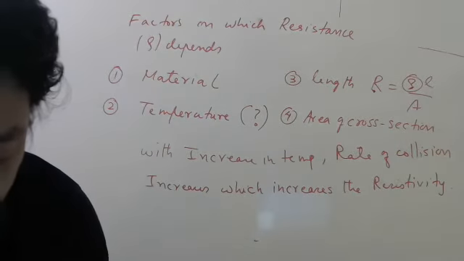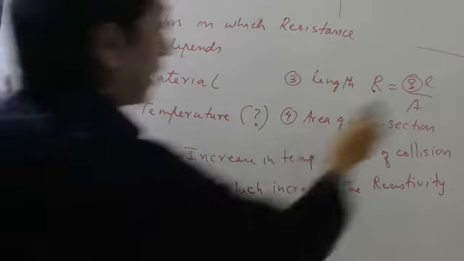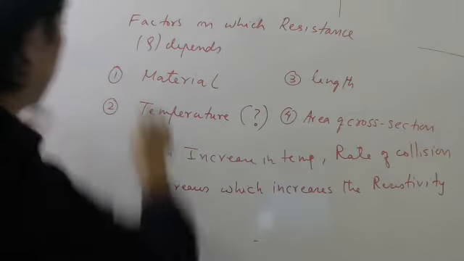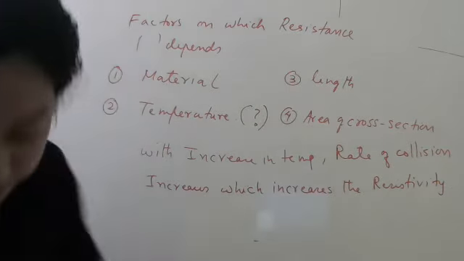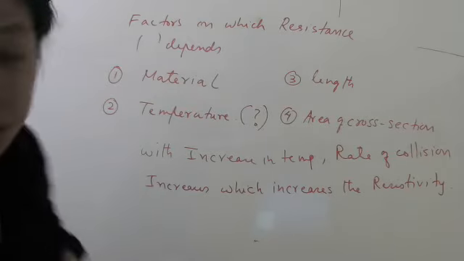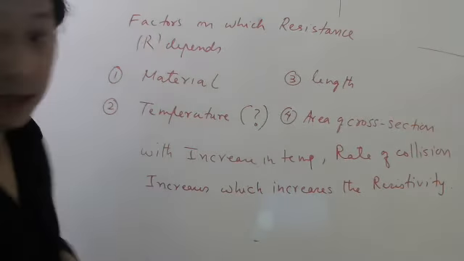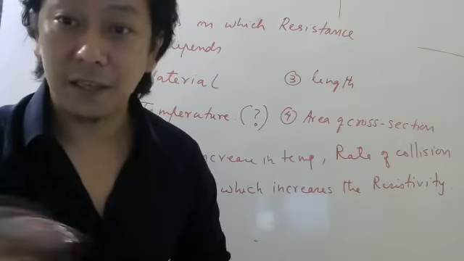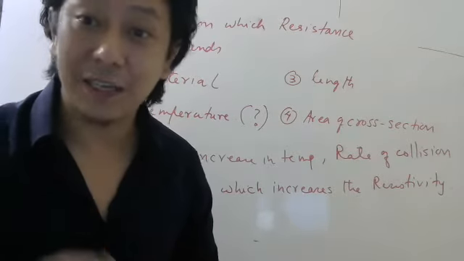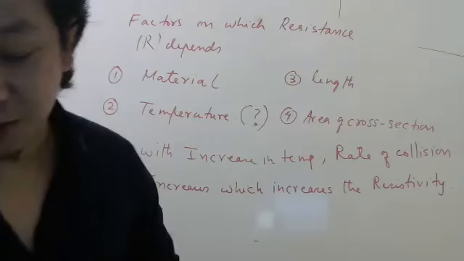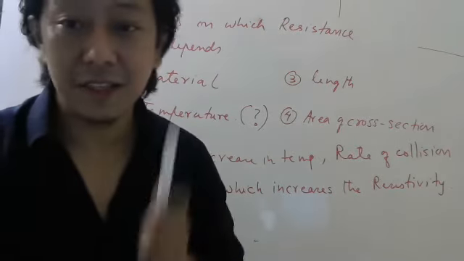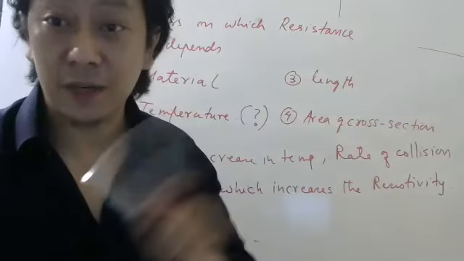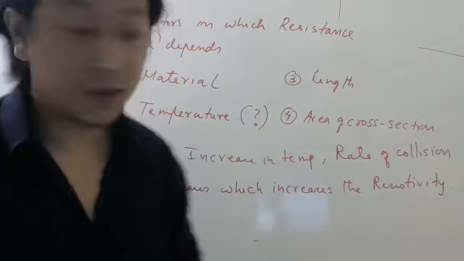Okay, so please mention this quickly. Then we will discuss one very nice question. First you write. So this should be not rho, this should be R. So read the question carefully before writing the answer. Sometimes they will say resistivity and you will write answer for resistance. Sometimes they will say resistance and you will write answer for resistivity. So those mistakes you don't do. Just remember, resistivity is a constant of proportionality. So it will depend on other factors, but not length and area.